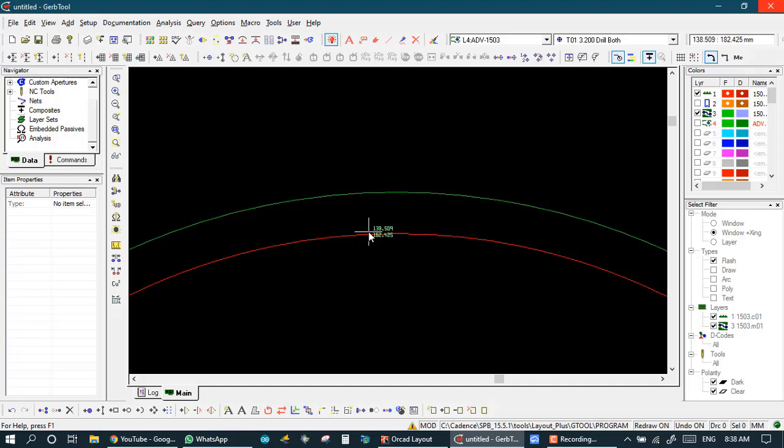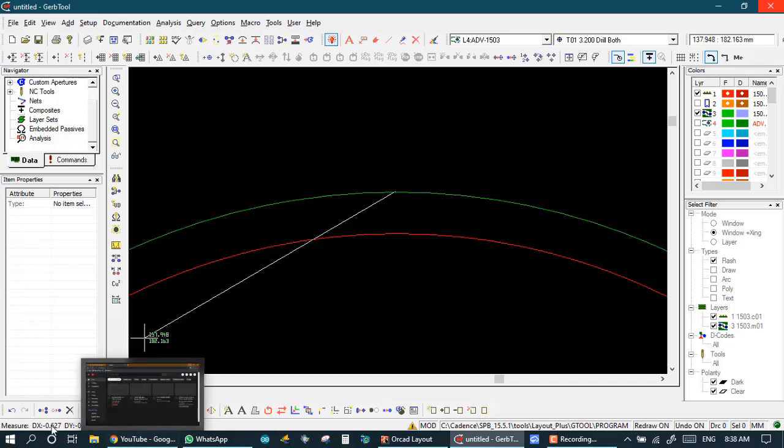First I measure the difference between the masking layer and the copper layer. This is the option to measure between points. I click on it, and now I click here and here. Here is the measure option. Here we see dx and dy, the distance in the x-axis and y-axis, and the overall distance.